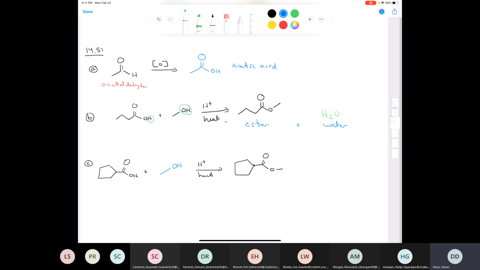So again, these reactions here, and I'm also missing water, which should be here, but these 2 reactions are esterification reactions. All right, so